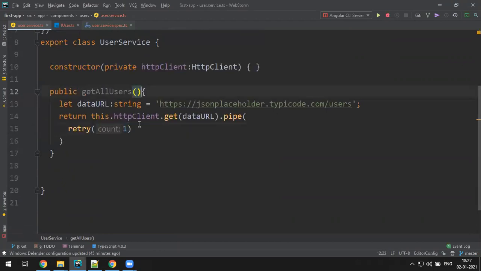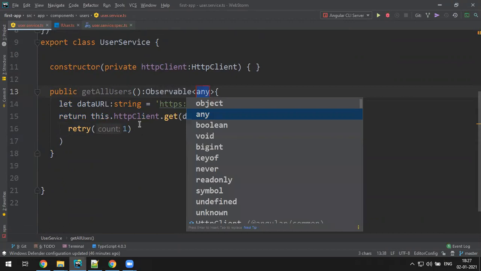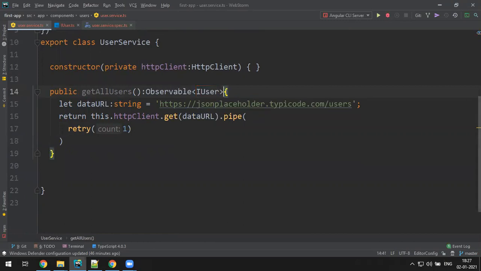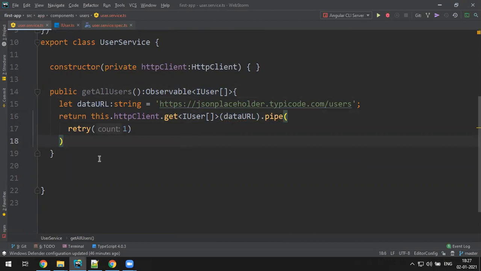So here I just make an Observable of type IUser array. So we made a function to fetch all the data.